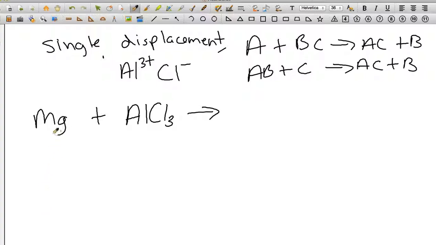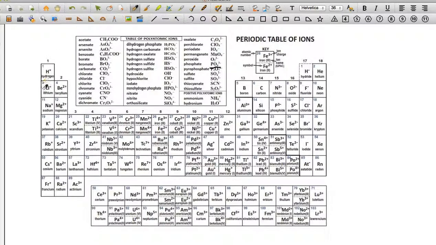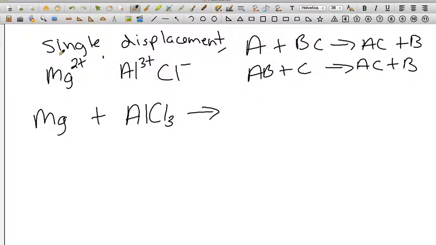Okay, so magnesium is typically a 2 positive, and I'm just getting that from my periodic table. If you don't believe me, here you go. Magnesium's a 2 positive, aluminum was a 3 positive, and chlorine was a -1. That's where I got those numbers. Notice you have 2 cations and 1 anion. This is going to be called a cationic single displacement or replacement because there are 2 cations,